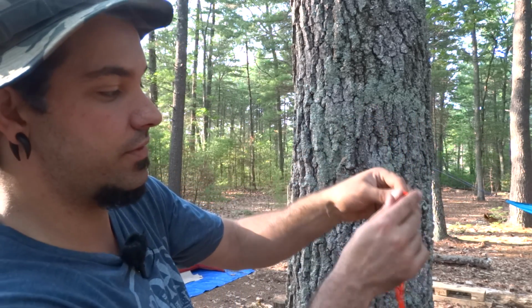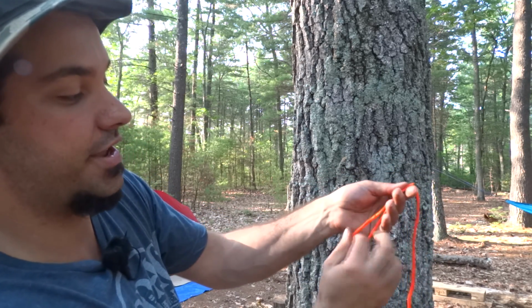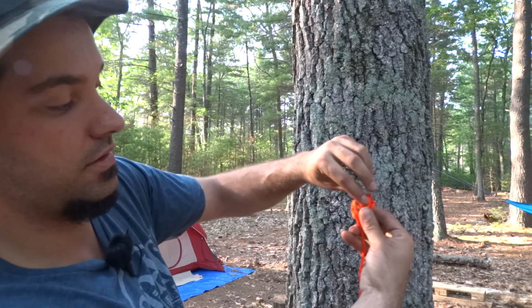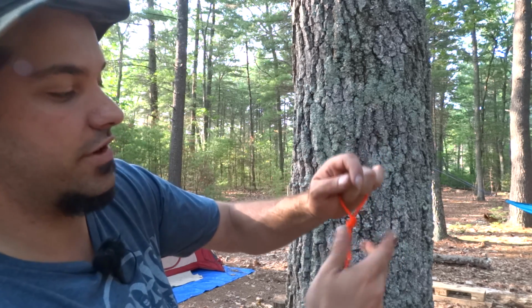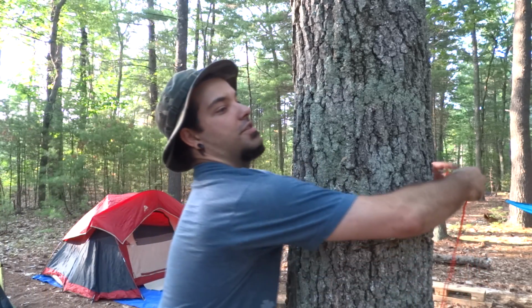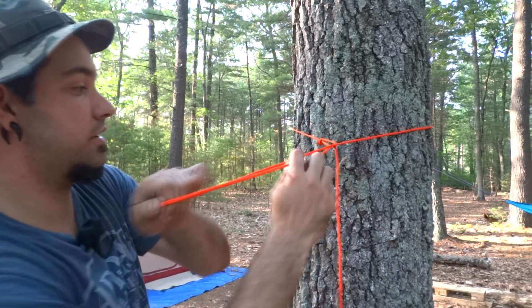So I just have an orange long piece of power cord here, and just going to make a bite, just bend it over itself. We'll do a small one here, and just going to tie a basic overhand knot to make a loop. Nothing fancy, very simple. I'm going to wrap it around the tree, feed the rope through the loop,